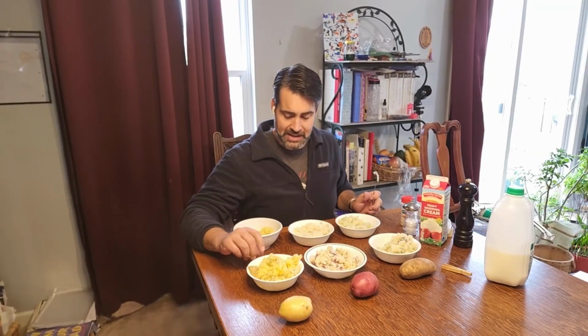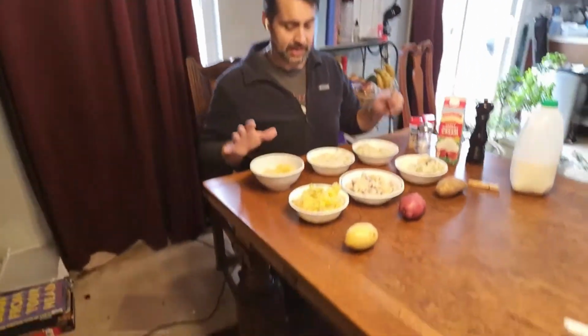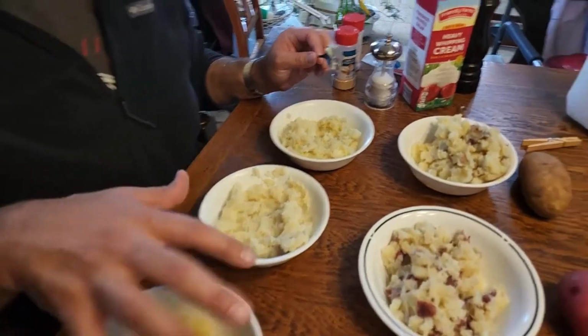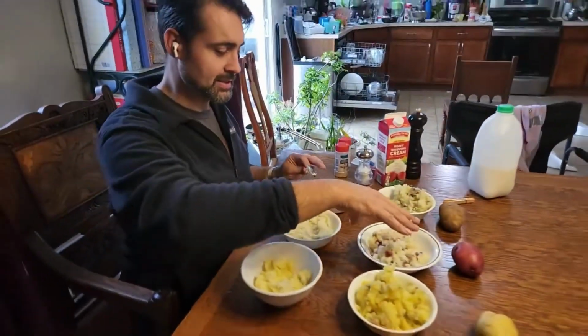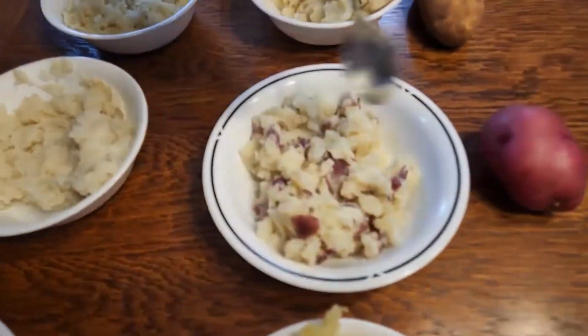Post mashing, to give you an idea of what it looks like. Now, once you come in closer, you can see I did two different types of mashing here. I did it with the food mill and with the potato masher. As you can tell, there's a difference in consistency. This is uneven chunks,